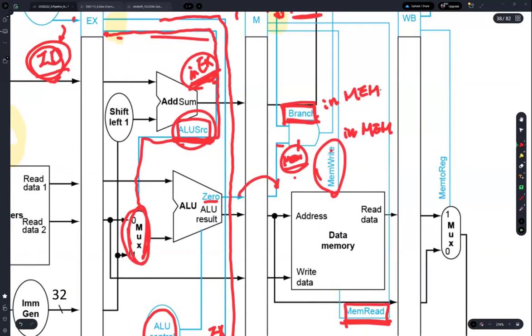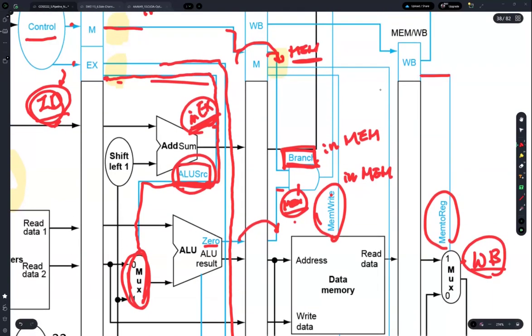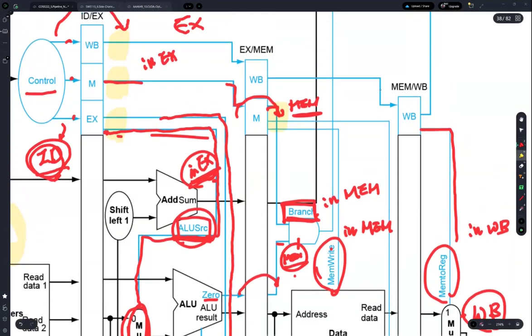So how about the mem to reg? You can find that this multiplexer is in the write back stage, right? So we use the mem to reg signal in the write back stage. You can find that this is the control signal in the memory stage, and then this is the control signal in the write back stage,